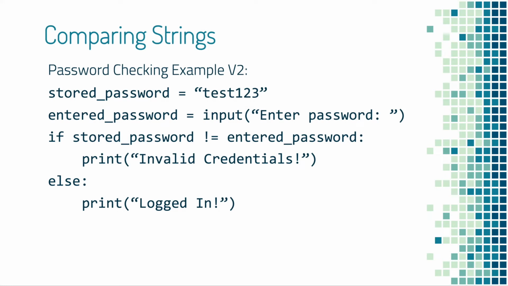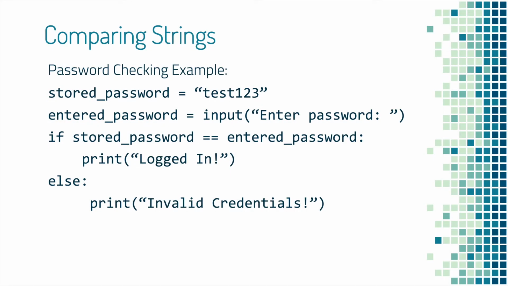Another way to do this is you flip it and say if they're not equal, you have invalid credentials, otherwise you log in. Now this approach is a little bit more risky, because an else statement is like a bucket that's going to catch everything else below. So in this case, the first approach is the better one, because the if statement is more specific. If this one condition is true,